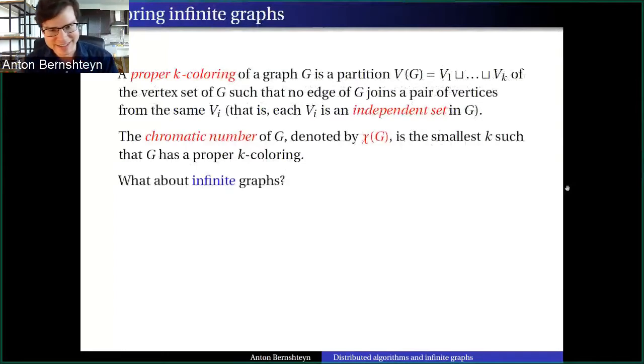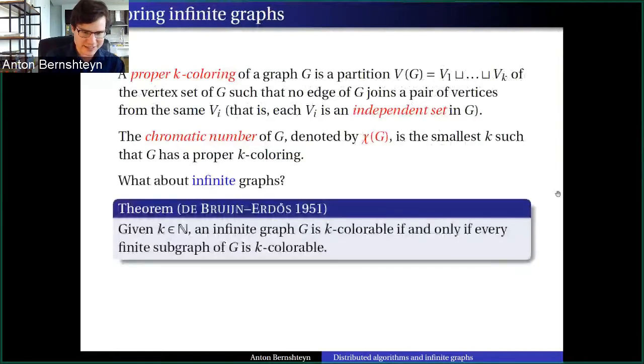Okay, so the title of my talk mentions infinite graphs. So what about infinite graphs? These definitions make perfect sense regardless of whether the graph is finite or not. But in graph theory, most of the time we assume that the graph is finite. And there is some justification for this, classical results that tell us that, at least if the number of colors that you want to use is finite, nothing really new and interesting happens, even if a graph is infinite. So an instance of this is the theorem of De Bruijn and Erdős from 1951, which